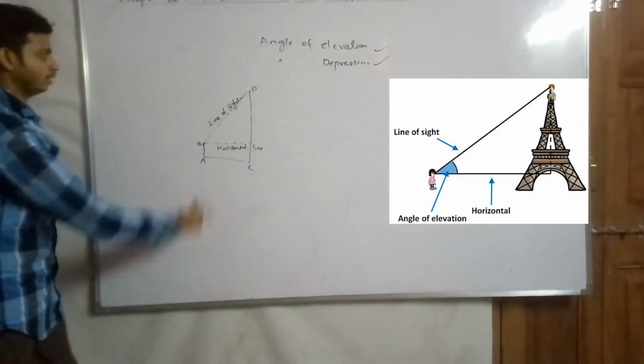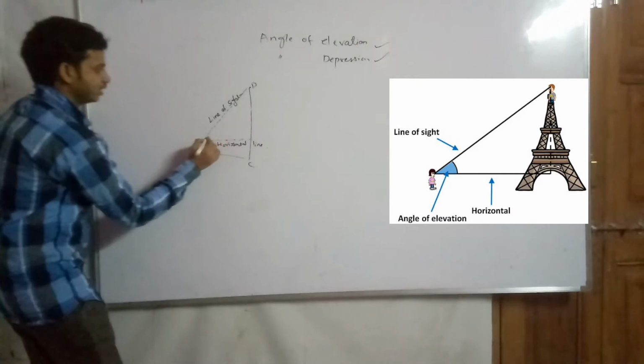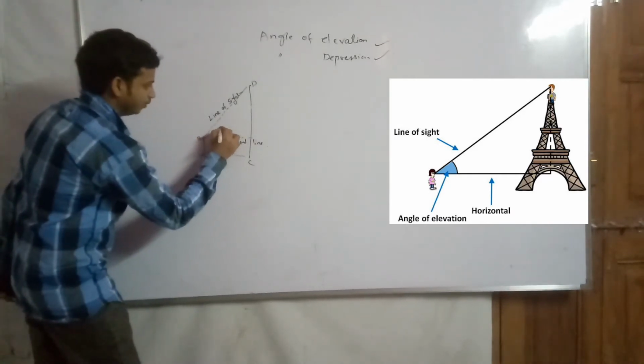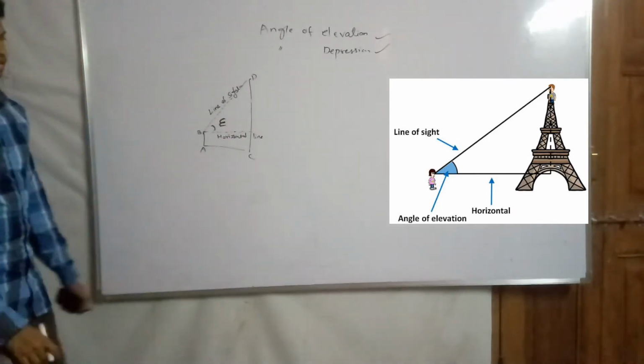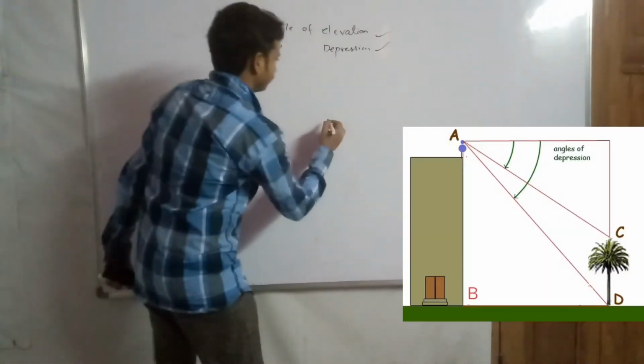Next, the angle between this line of sight and horizontal is known as angle of elevation. So the angle between line of sight and horizontal is known as angle of elevation. Similarly,